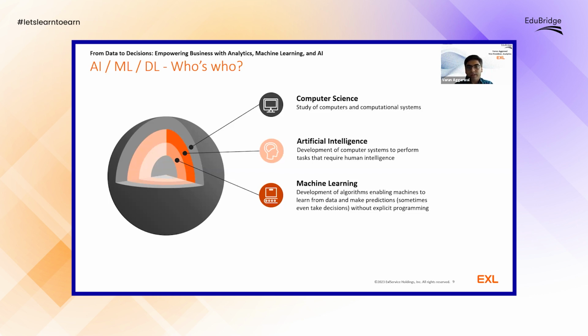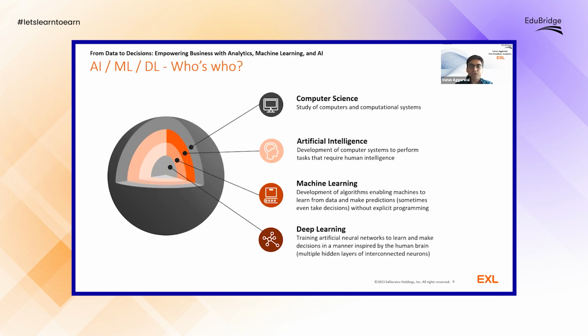So all this information can be processed only with the help of such powerful algorithms that we are talking about in machine learning. Now, if we go one step deeper, we talked about neural networks, the brain, etc. So if you apply multiple layers in a neural network, then it becomes the concept of deep learning. Basically, like the human brain has so many neurons, in a model also, if you can increase neurons and add hidden layers, then you can improve the efficiency and the accuracy of the algorithm.